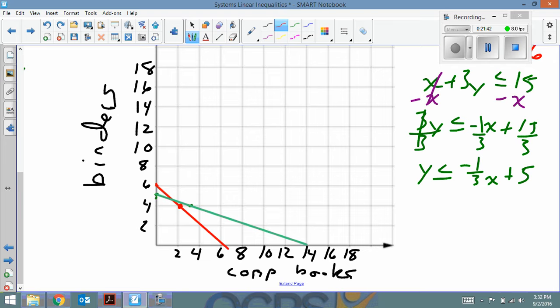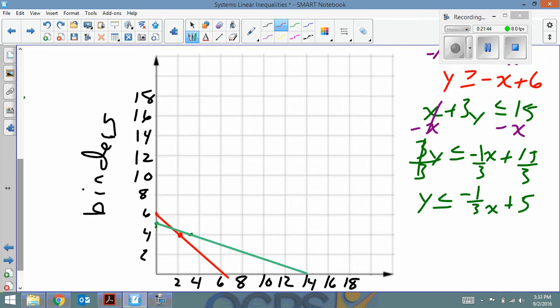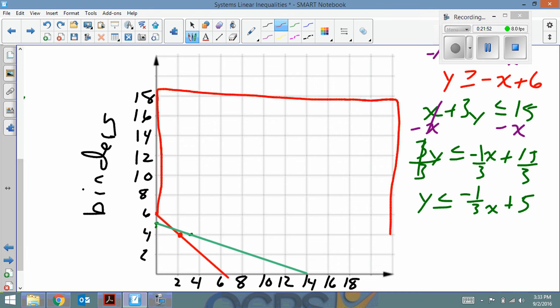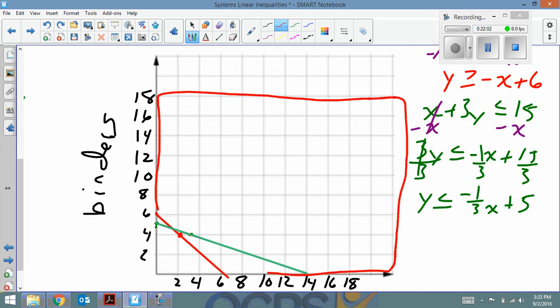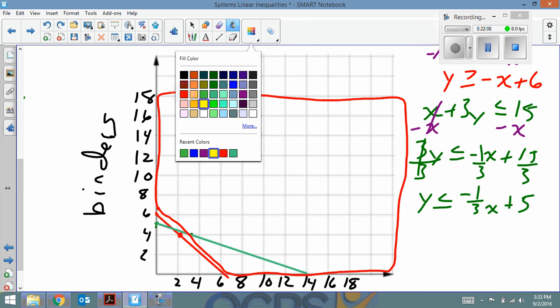Now we got to deal with shading. So let's look back at the red line. At the red line, it says, when is y larger? So go to your y-intercept. When is y bigger? Y is bigger. All of this area here. All of that. And you need to get connected. So I got to do it again. So all of this. All of that. So now, when we shade it,